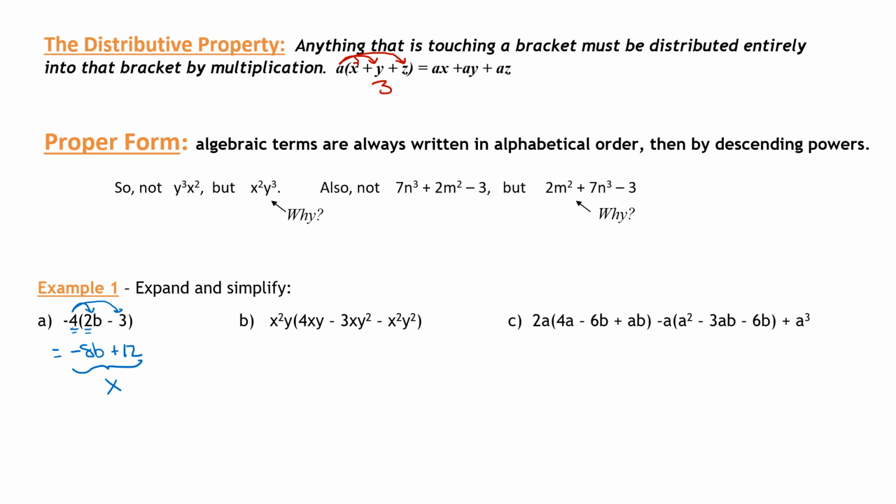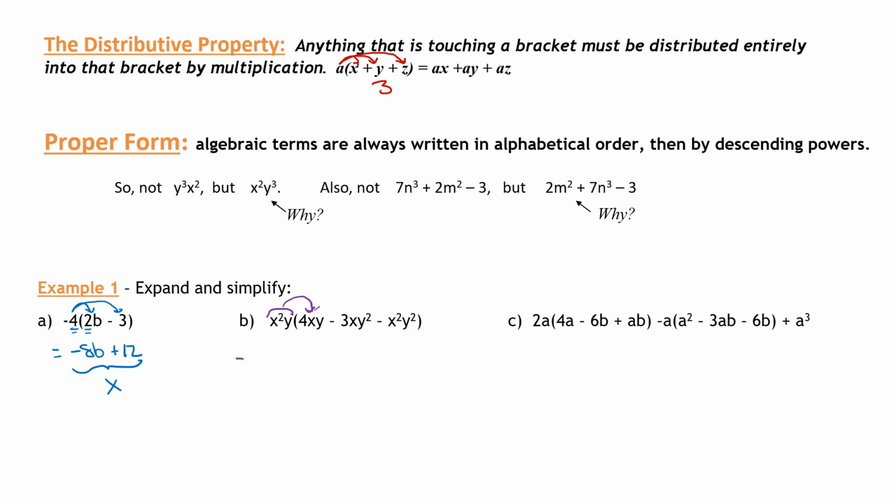B, this one's harder. In front, this is a monomial. It's one term. It's got two parts to it. It's got an x and a y, but since they're attached with multiplication, there's no plus or minus signs in the middle there. It means it's a monomial. So monomials get multiplied as an entire term into the bracket. So I take this entire x squared y and I multiply it into the first big term there, which is